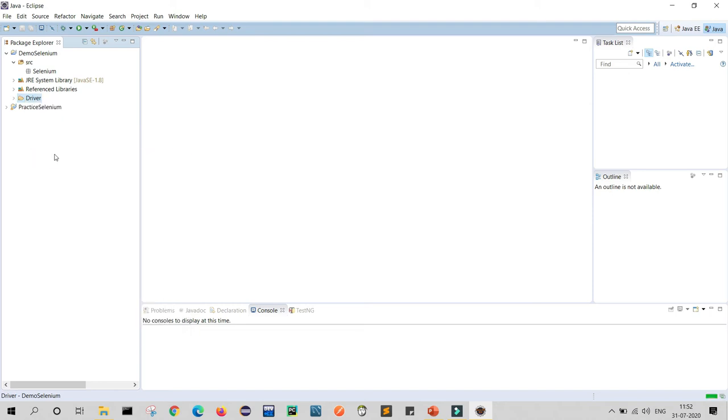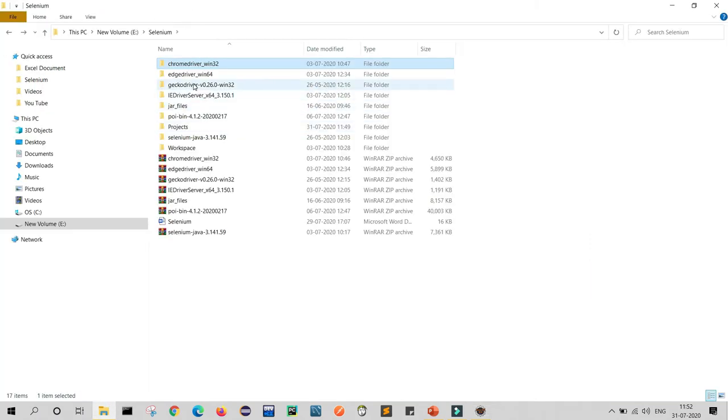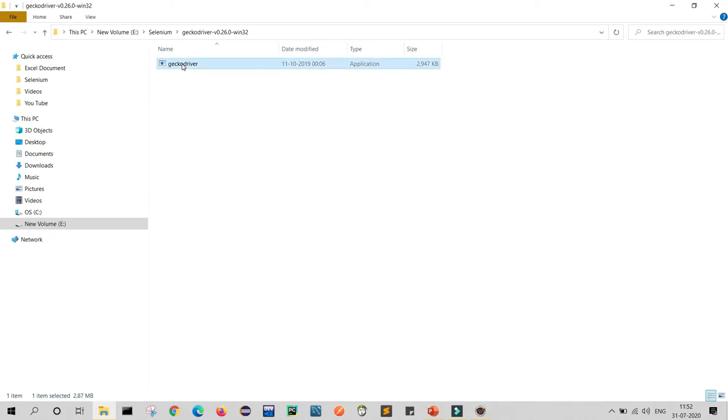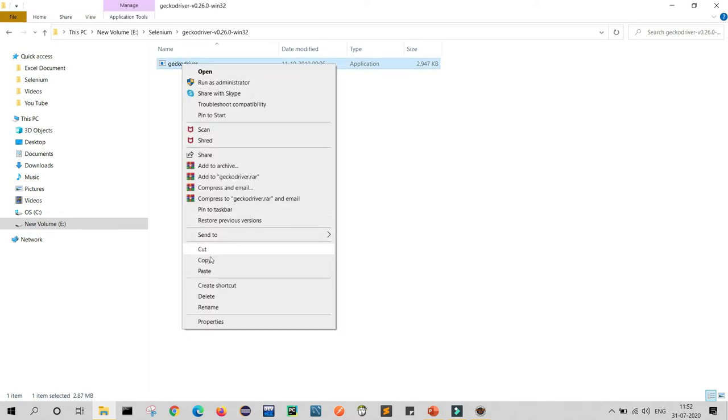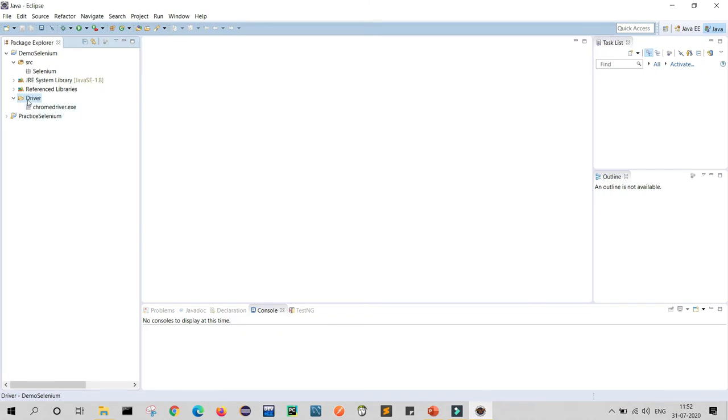As you can see, Chrome is here. I will show you a demo of Mozilla Firefox also. So what will I do? I will copy the Gecko driver also. Just copy and select the driver and paste. As you can see, both the drivers are here.